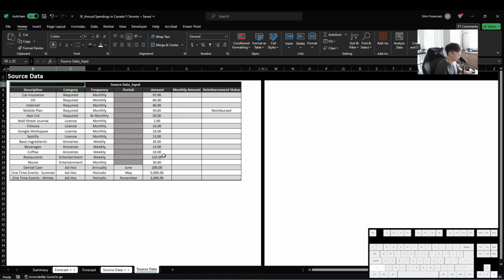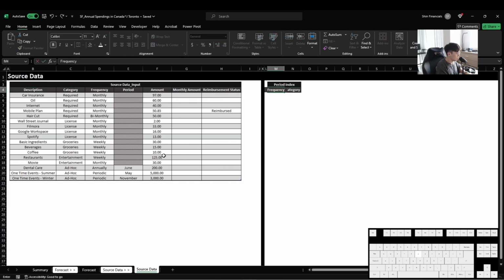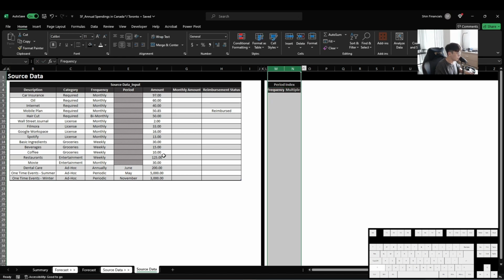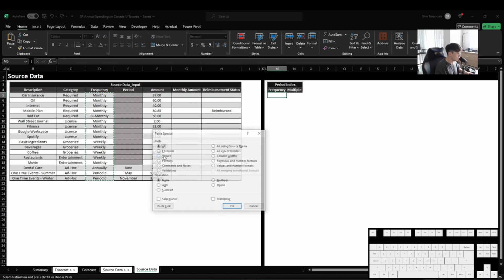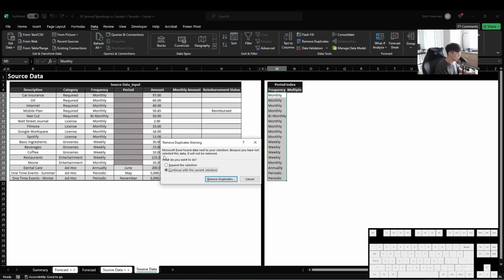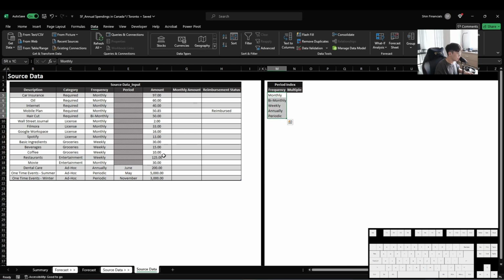So we'll first label this period index. Frequency, and then multiple. I just want to first remove the duplicates here. And then for multiple, monthly is 1, bi-monthly, since it's